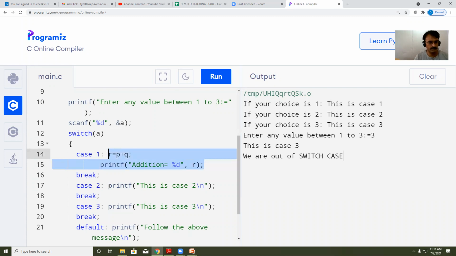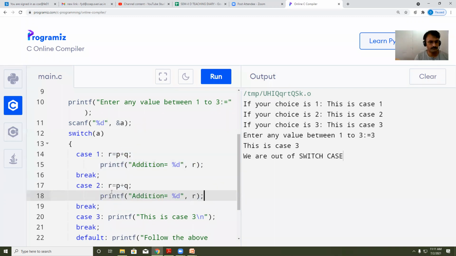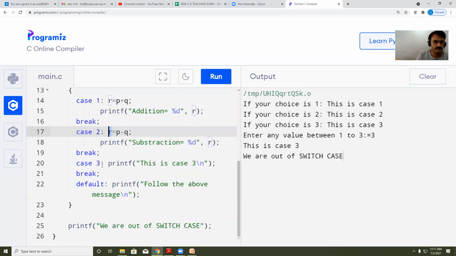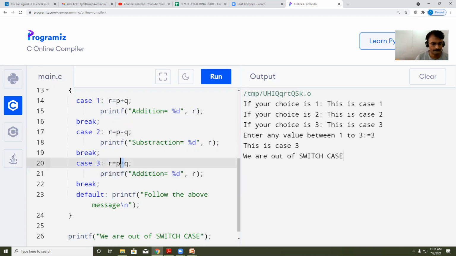Similarly, I am doing this for subtraction. R is equal to P minus Q, and here I am going to print subtraction. The subtraction of P minus Q is going to be stored in the R variable, and I'm going to print the value of R. Again, I will do it for the multiplication. Here I will write multiplication.